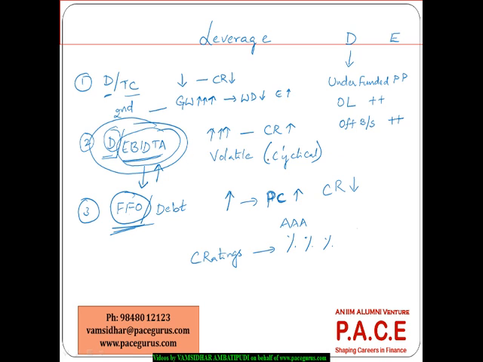If it has to go with an A plus kind of credit rating, what should be the funds flow from operations to debt ratio? So for each kind of credit rating, it is very clearly seen that these different ratios will have a number that is provided by these rating agencies, which can really help us in terms of assessing